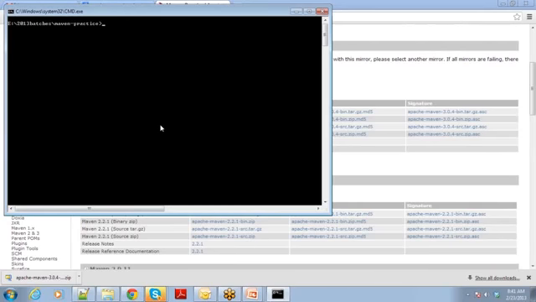So I'm just going to the directory. Now I will type a command: mvn archetype:generate. So when I do this, Maven works.